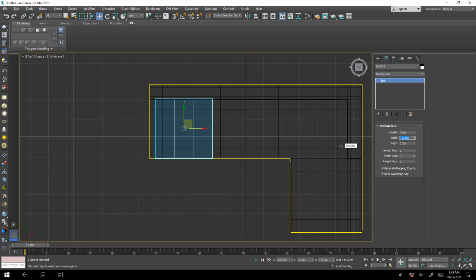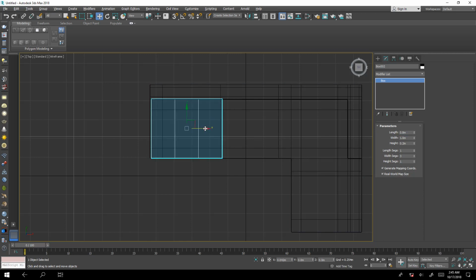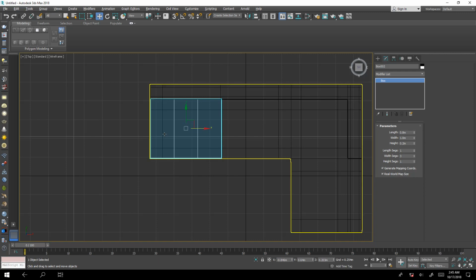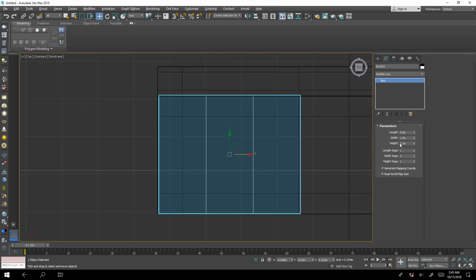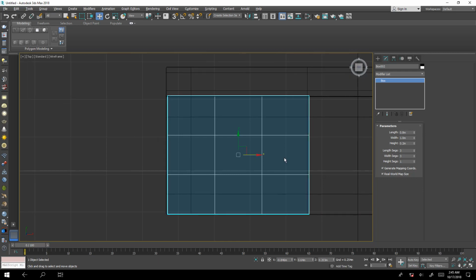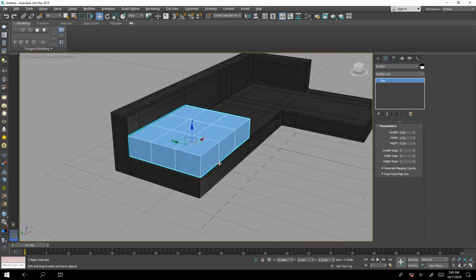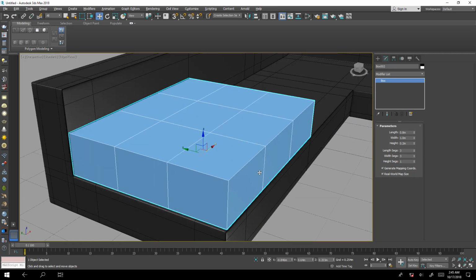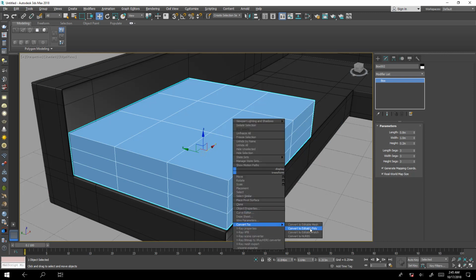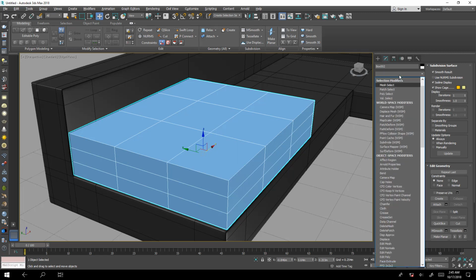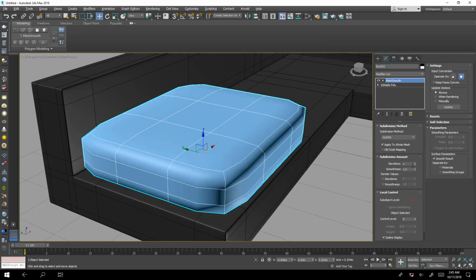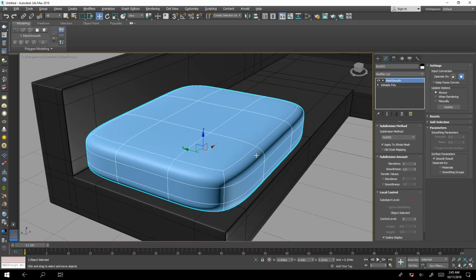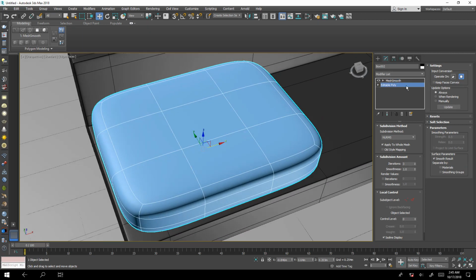By 1. We will adjust later, but for now this will be enough. Here I'll start by adding segments, convert to editable poly, and add mesh smooth modifier, 2 or 3 iterations,